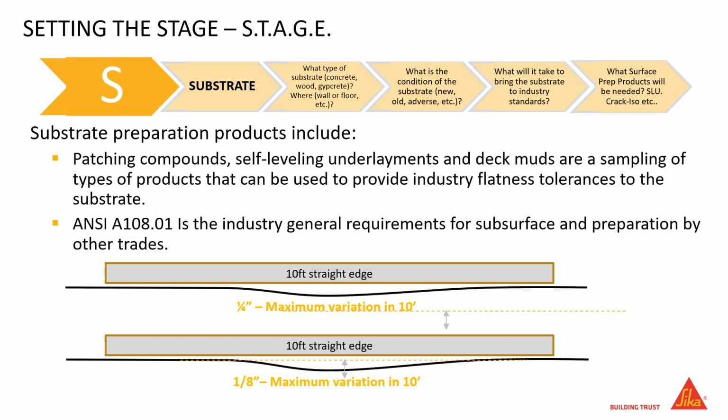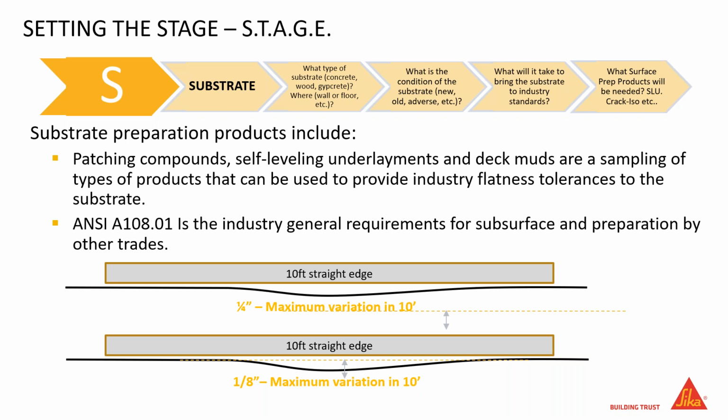So when we talk about substrates and bringing it to the industry standards, what are we using in those products? Substrate preparation products include patching compounds, self-leveling underlayments, deck muds, or a sampling of types of products that can be used to provide industry flatness tolerances. This is a big one here: ANSI A108.01 is the industry general requirements for subsurface and preparation by other trades. We know as installers that rarely do we get a floor that meets the standards of